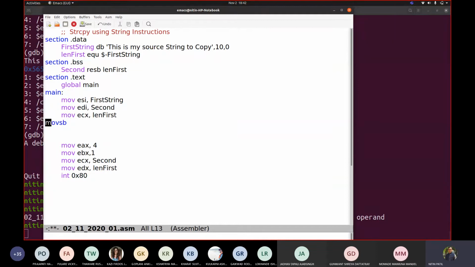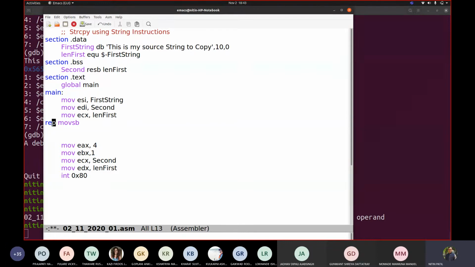No. So here I am introducing you to one important aspect called REP, repeat prefixes. You will see further on how exactly these repeat prefixes are used. These repeat prefixes are to be used only with string instructions.